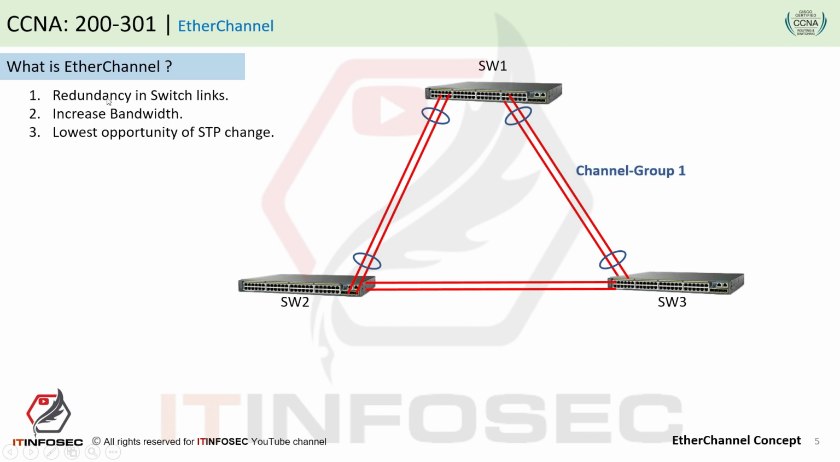It has some benefits. For example, first is redundancy between switch links. If you have just one port between two switches and that port fails, the connection will be lost and the transfer between the switches will fail. But if you have more than one physical port and all ports are connected as one single port, it will provide redundancy, and if one link fails, another link will remain